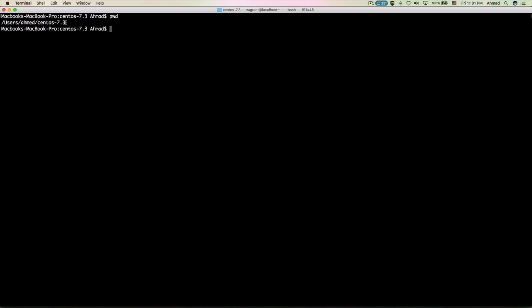So just create a directory on your home directory or whatever path you desire on your system. And inside this directory, just cd to this directory. And inside this directory, you are just going to run the following commands. So the first thing we're going to do is issue vagrant box add, and vagrant